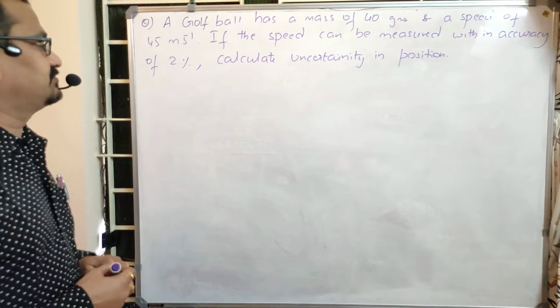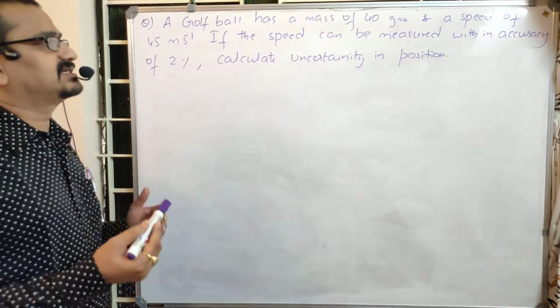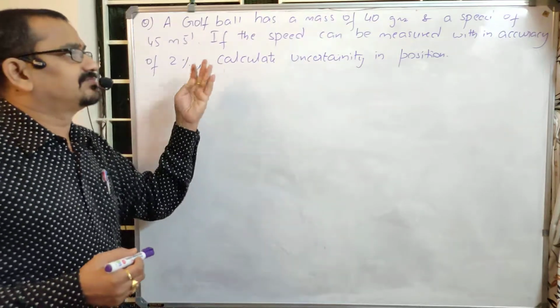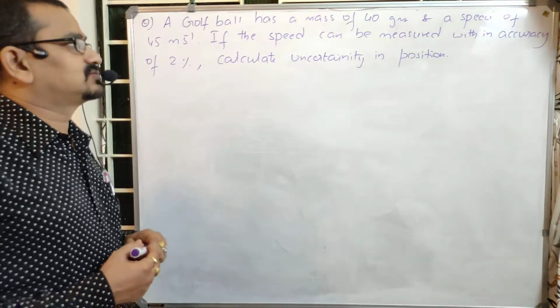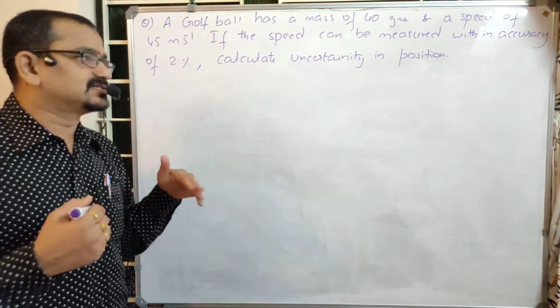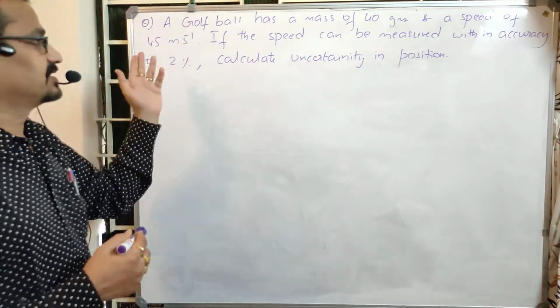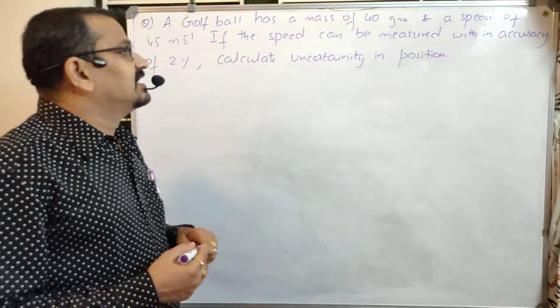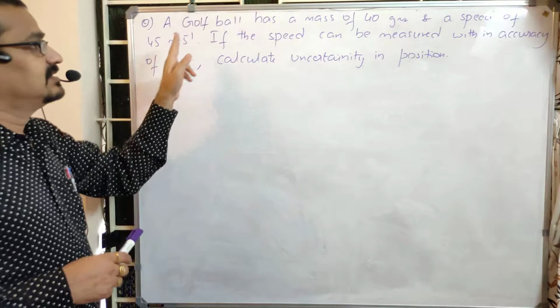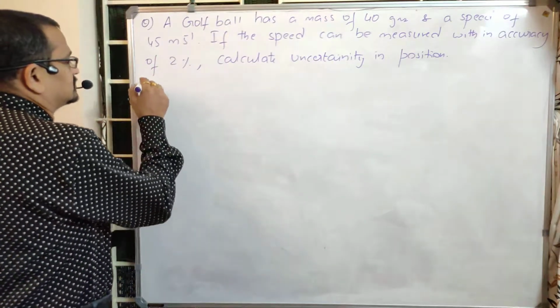This is another question. A golf ball has a mass of 40 grams. Mass is given. Don't worry, it is a macroscopic particle. Let us see once again whether Heisenberg's uncertainty principle is ruled out for macroscopic particles or not. It has a mass of 40 grams and a speed of 45 meters per second. Its velocity is given, mass is given. So, solution,